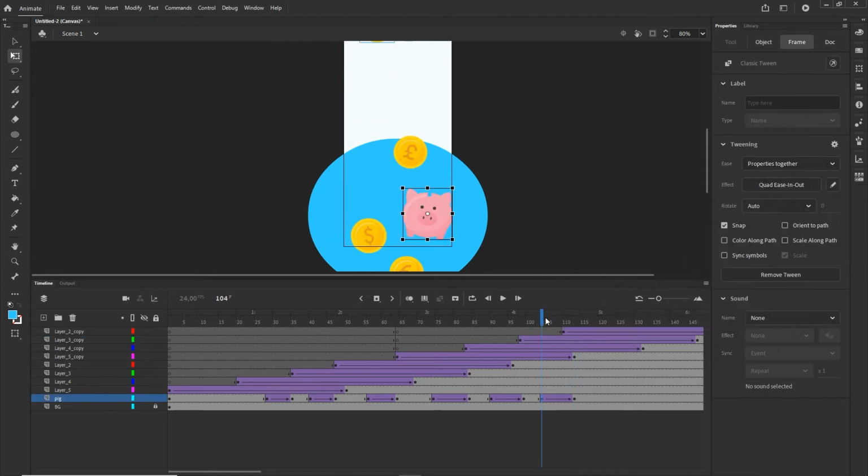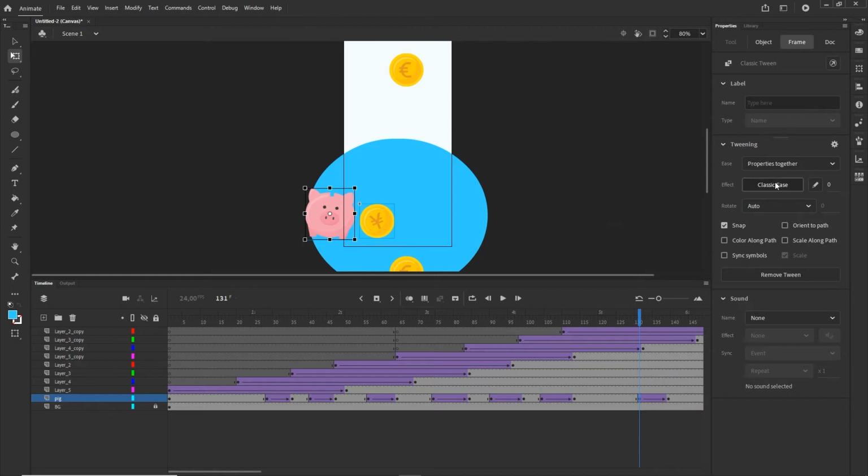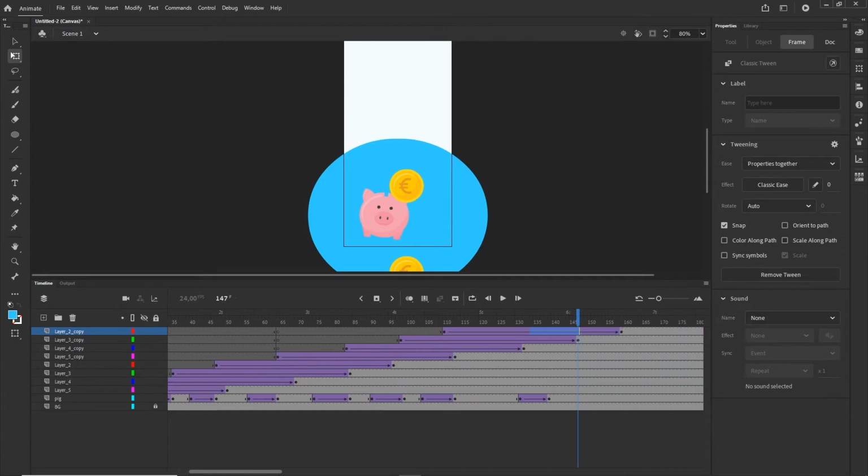time, so something like this, and then I will wait to this coin, and now I'm going to go maybe in here, F6. F6 in here, and I'm going to position it like so, and I'm going to create classic tween one more time. I'm going to do the easing, so something like this, and we are going to have something like this. And I don't want to move this pig anymore, so what I can do is